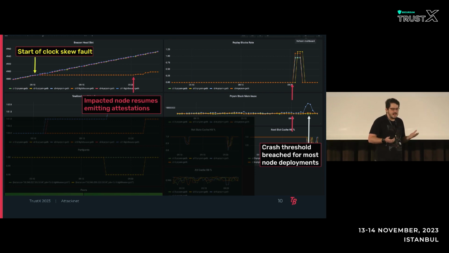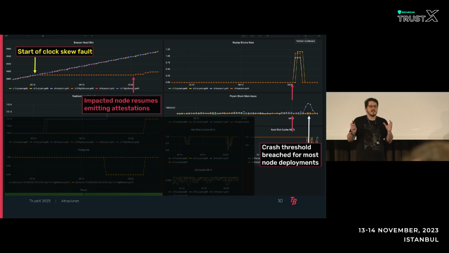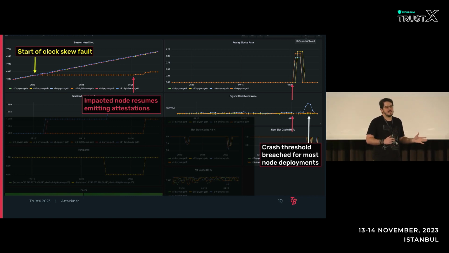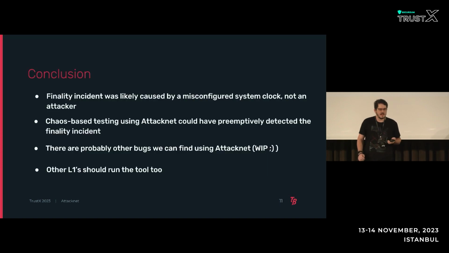So this effectively proves that this probably wasn't a malicious attack. Most likely this issue wasn't even caused by a disconnect between a consensus and execution client. It was most likely caused by a misconfigured NTP server, and that node started emitting these stale attestations, and it caused the Prysm nodes to go down. So we can tell that the finality incident was most likely caused by this misconfigured clock,